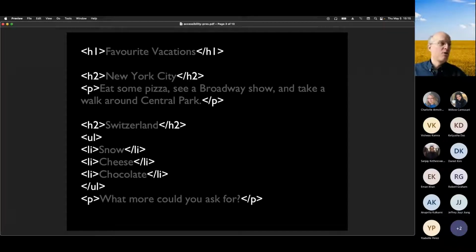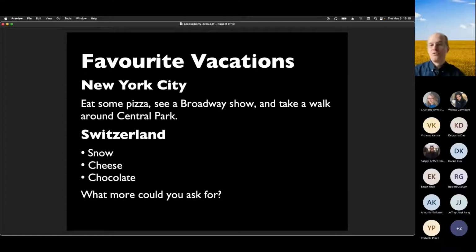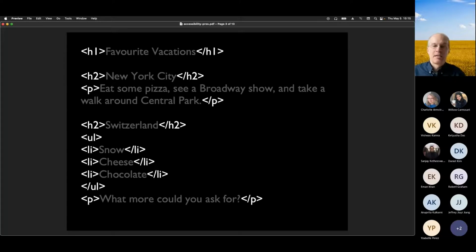However, I could make a web page that looks like this, but doesn't use any of those tags. I can use other tags that would manually make some text bigger and manually make some of it bold and manually type in the bullet characters. And the result would be that it would look like this, but it wouldn't have these tags that represent the